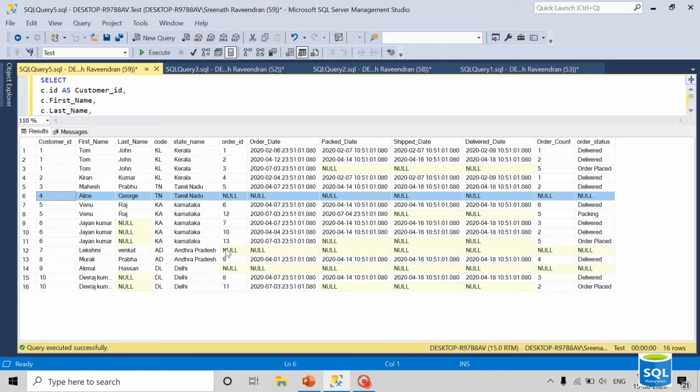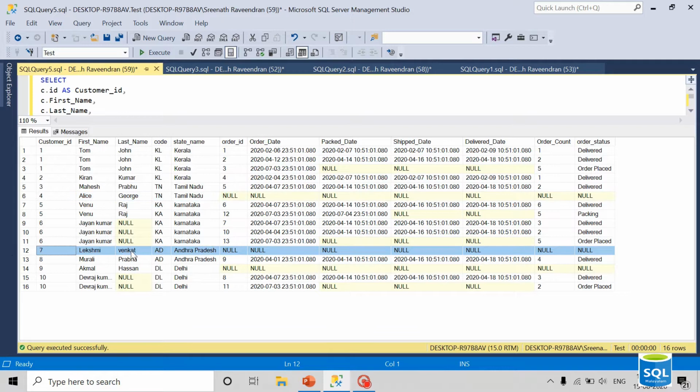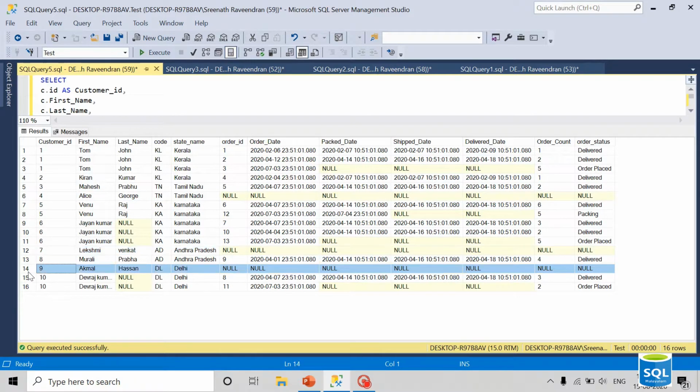And next user is this record. For this record, there is no order, and for this record also there is no order placed. That means out of those 10 customers, 7 customers placed orders, and 3 customers did not place any orders.